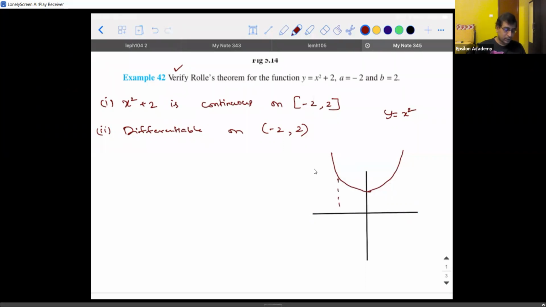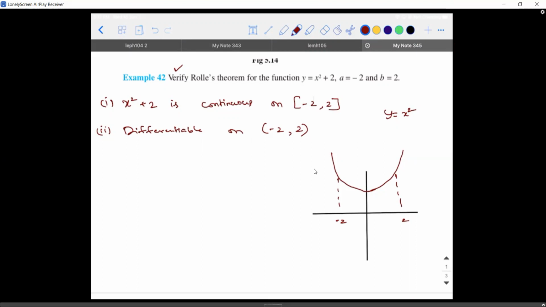So the given points are minus 2 and 2. Again, I repeat, you need not draw the graph. I'm explaining only for you to understand. By looking at the graph itself, one thing should be clear with the theory that you know: the curve is first dipping and then increasing. So it is decreasing and then increasing. If it is increasing and then decreasing, that point is called the point of maximum. Decreasing and then increasing, the bottommost point is the point of minimum.